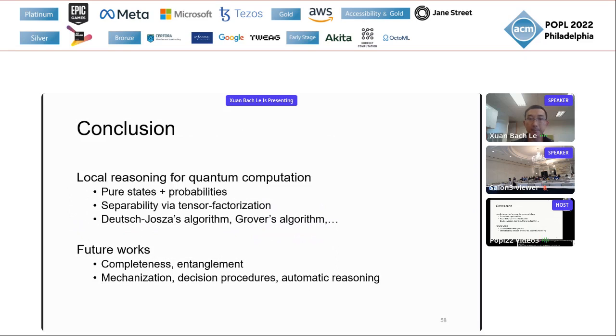Okay, I have one question. The talk just before yours was also considering separability as a key component, doing it in a type system and with assertions instead. I wonder if you could compare and contrast your logic-based approach to that one.